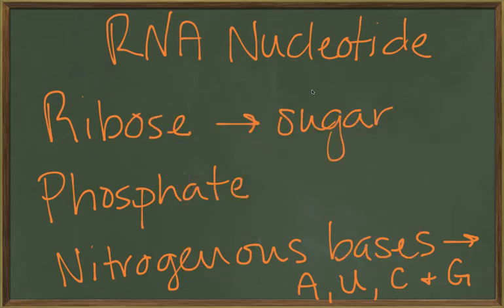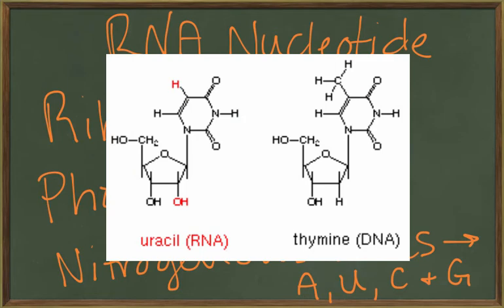In this next picture, you're looking at uracil versus thymine. Uracil is taking the place of thymine, so it's still going to be two rings. So it's still going to fall into the same category of the different types of nitrogenous bases. But looking at it, you'll notice that there are subtle differences between the two, and that is unique for what